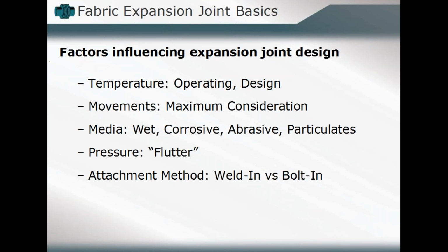What will be the attachment method? We'll look at and see that you'll have basically two primary methodologies of attaching that fabric expansion joint in position. One being a weld-in style of attachment, another being the bolt-in style of attachment. There are pluses and minuses to using either one. One may have more adaptability in terms of any anomalies or discrepancies that we might find when we actually try to put that unit in position, and another might be easier in terms of its overall installation process. And so it may be a trade-off, one or the other. It may be a mandate of a particular facility, whether or not they can be welded in or bolted in. It may mean more in terms of the installation as to why one particular methodology is chosen versus